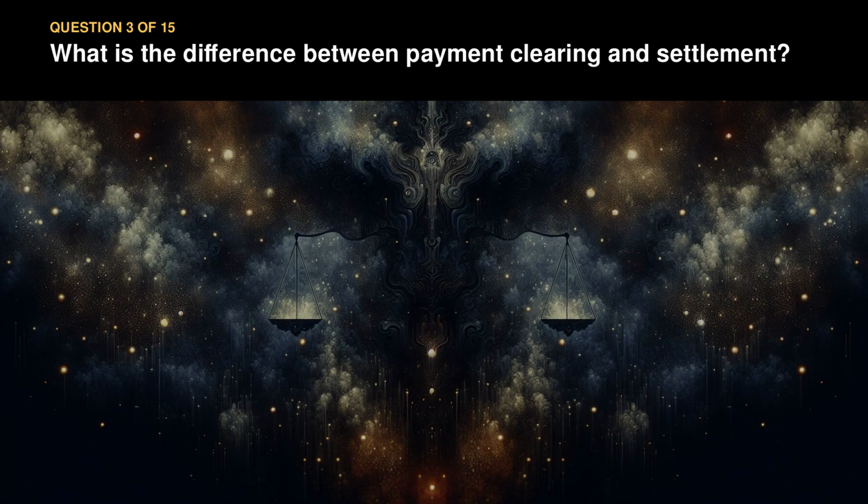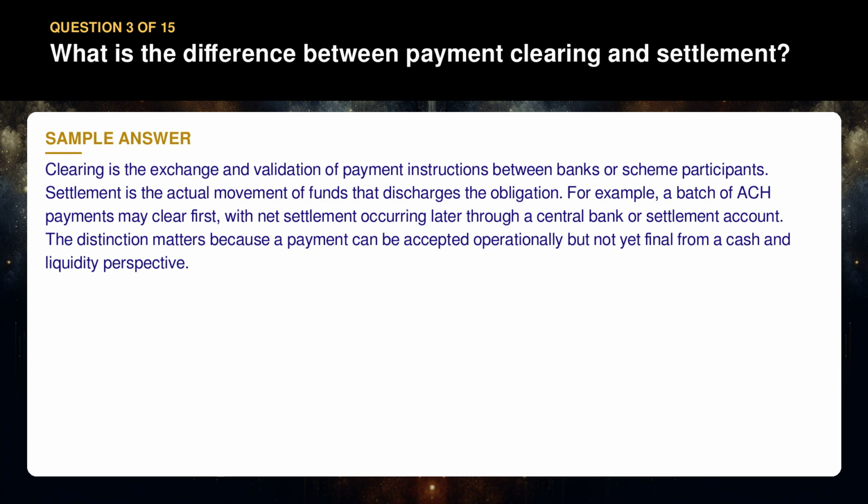Question 3. What is the difference between payment clearing and settlement? Clearing is the exchange and validation of payment instructions between banks or scheme participants. Settlement is the actual movement of funds that discharges the obligation. For example, a batch of ACH payments may clear first, with net settlement occurring later through a central bank or settlement account. The distinction matters because a payment can be accepted operationally, but not yet final from a cash and